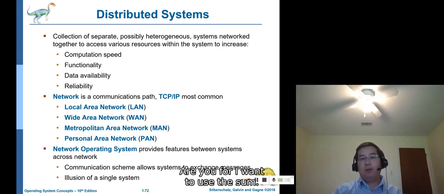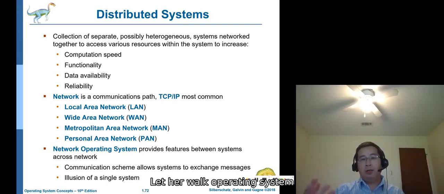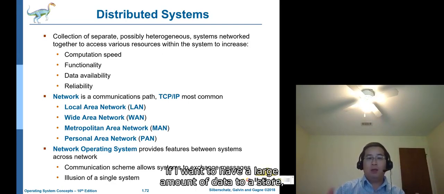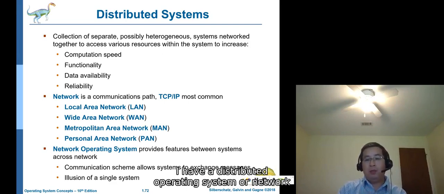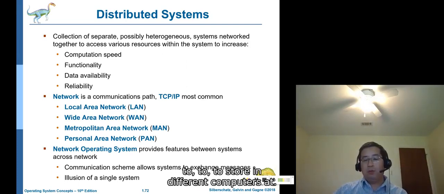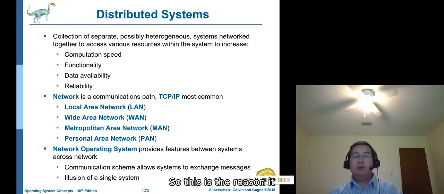With a network operating system or distributed operating system, I can find the related node to work for us. If I have a large amount of data to store, the operating system can distribute the data to be stored in different computers. So this is the reason.